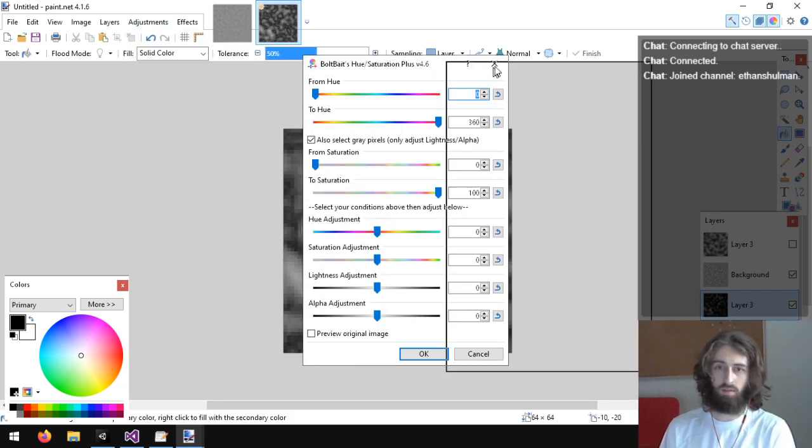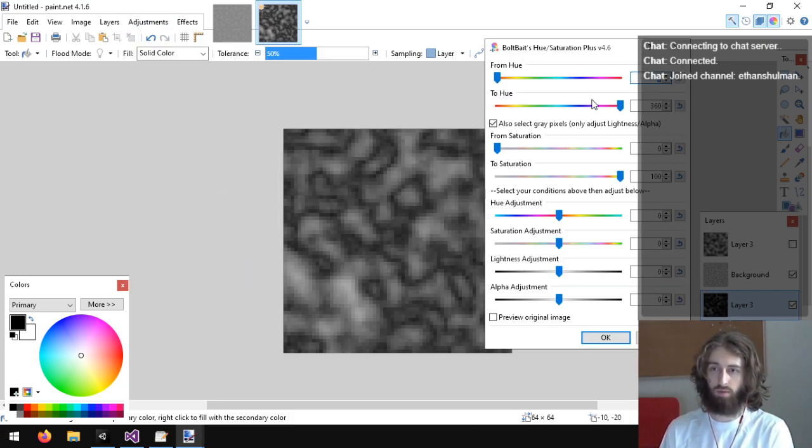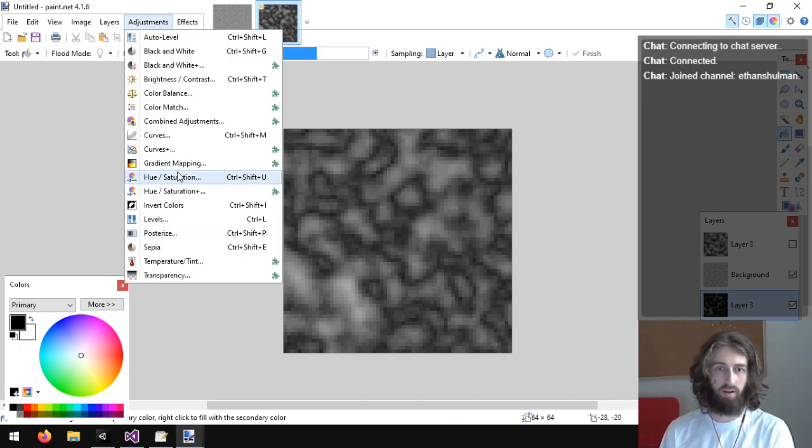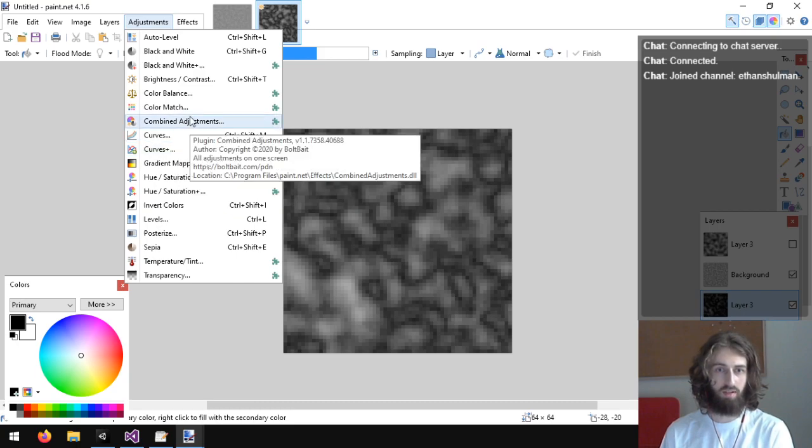So there's something here that just lets you set from hue to hue. From saturation to saturation. No, I was looking at a way that I can change hue while it's grayscale.